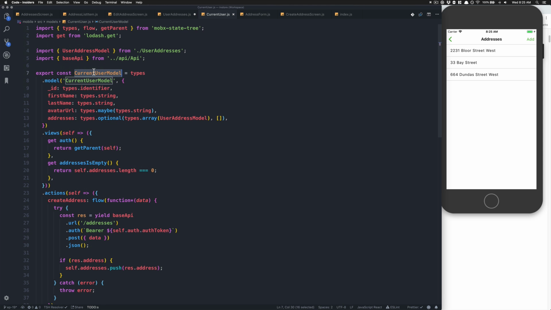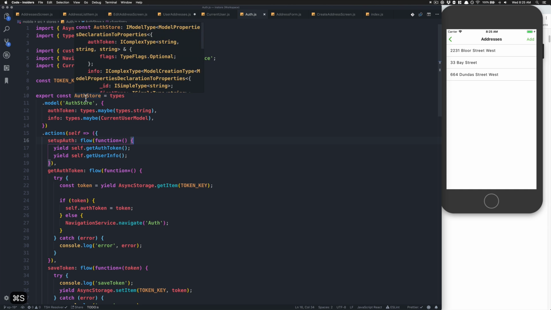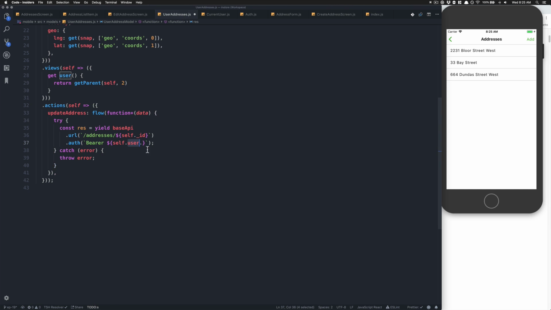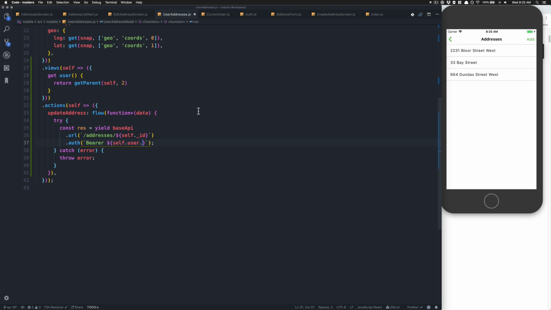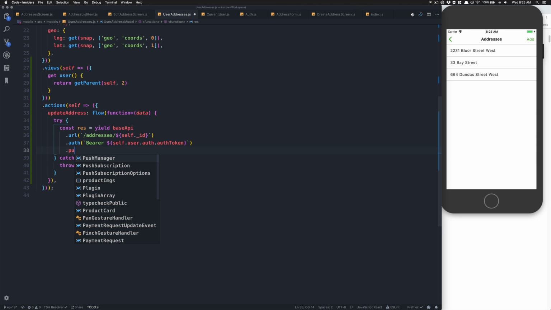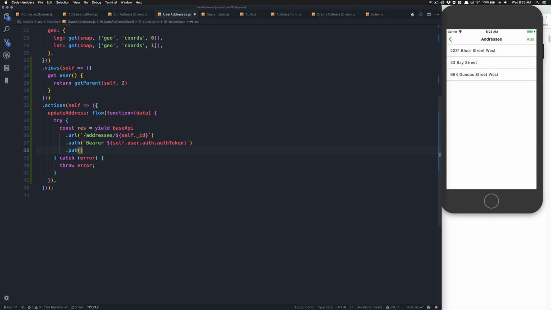Inside this current model, I have the out, who is its parent, and this one here is the one who has the token. So finally, when I say self.user, I want to access the out, and now if I want to get the token, I say out token, like that. This is a put request. Maybe take a pause if you want to see how that works, but when you understand